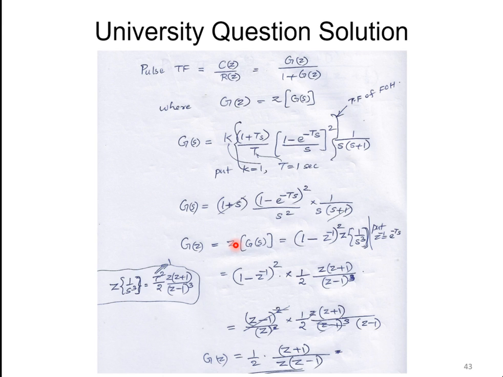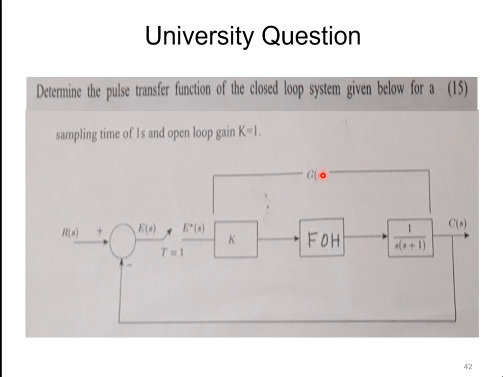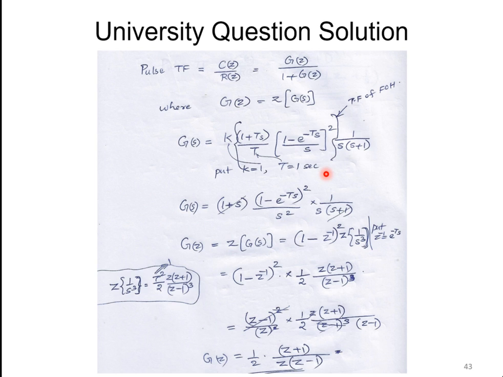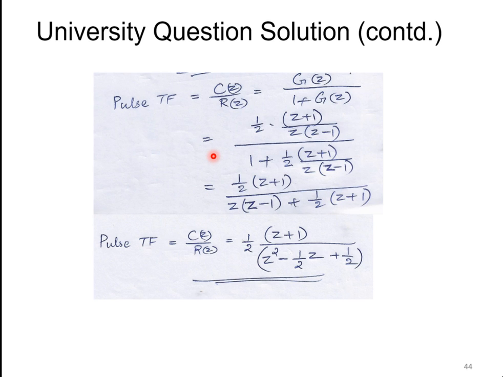Okay. So here for this university question solution I have shown the pulse transfer function by definition. What is the pulse transfer function? It is C of Z by R of Z, that is equal to G of Z by 1 plus G of Z. So how will you obtain G of Z if you are given it in terms of G of S only? G of Z is equal to the Z transform of G of S, and G of S is nothing but a cascaded combination of